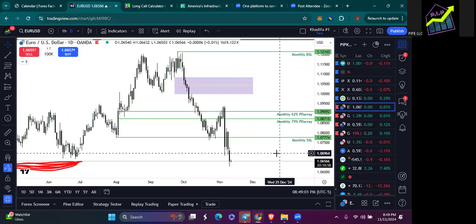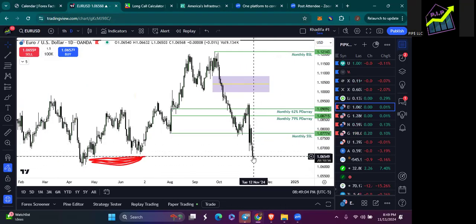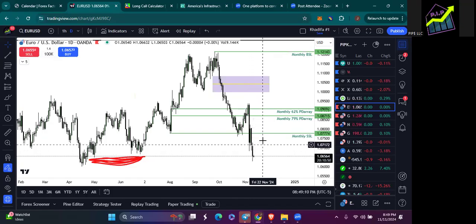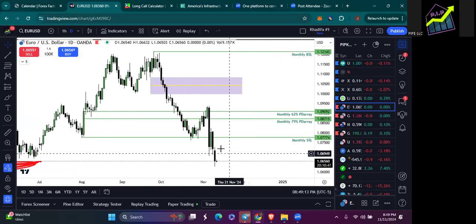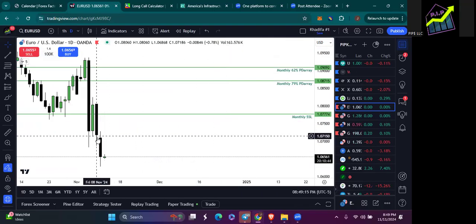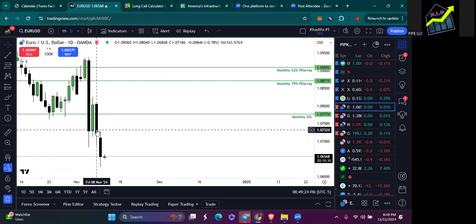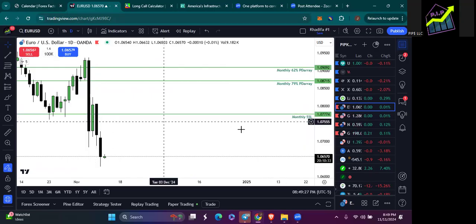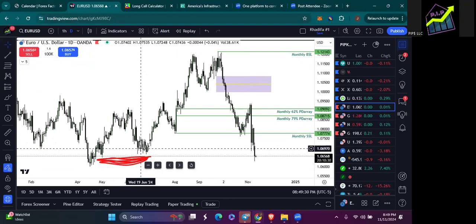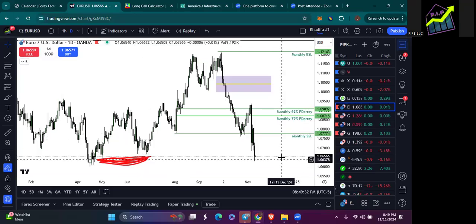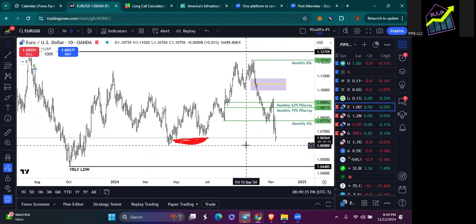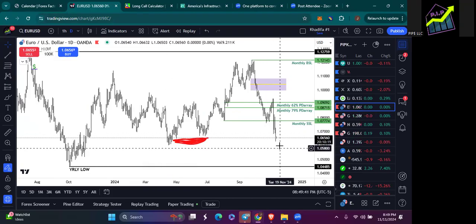So if I did trade currencies and I was exiting this short or this sell, I would only be interested in taking buys back up into the premium level, or at least to this volume imbalance, right? And then maybe a second exit up here in this premium of this daily candle here, right? But I would only be interested in longing euro from this level, right? And euro could break down some more, right? Because we haven't ran this low yet, right? So we could continue to break down.